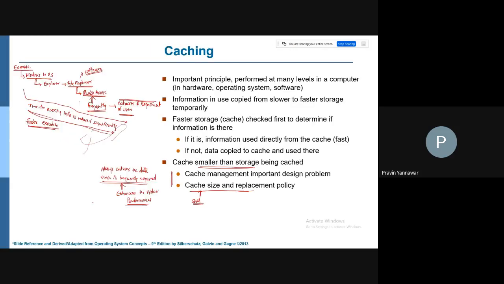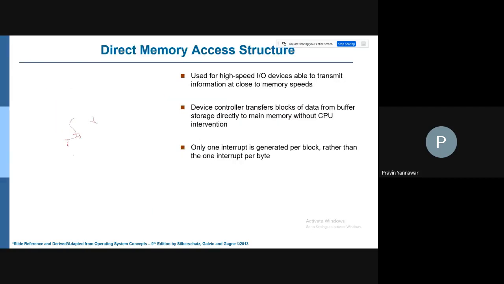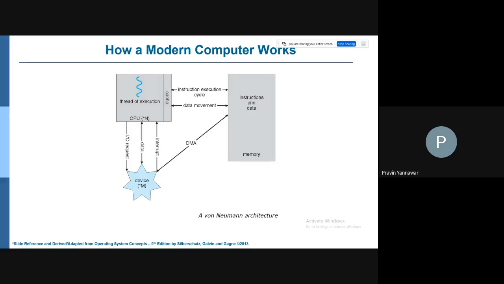The best example as far as hardware is concerned is DMA. DMA stands for direct memory access. It is something like this: you have a primary memory, and you have a cache memory. Like say, if you have a processor, this is going to be your processor.